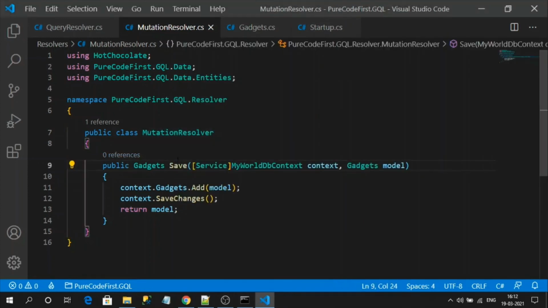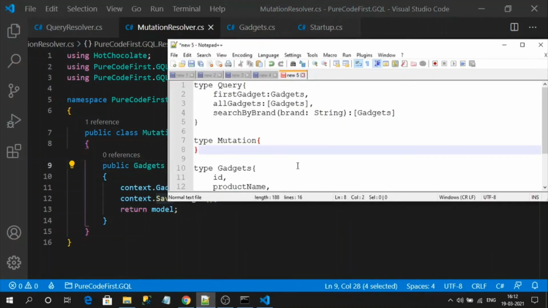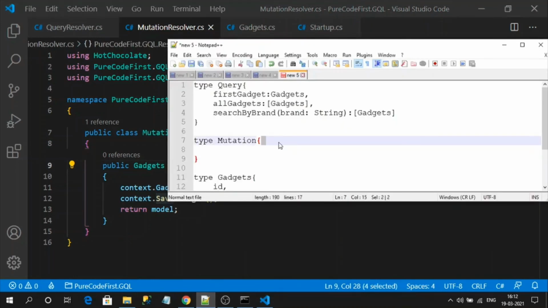What is that resolver method? Save. So add that method, and it should be Pascal casing, so small s. And here it will have an input parameter and output also. Output what? Output is normal gadgets only. So I can say it will generate like this.